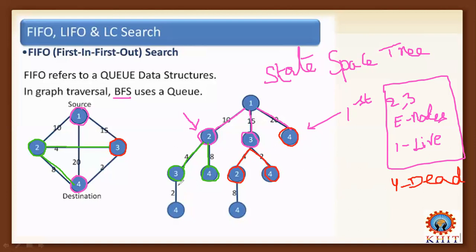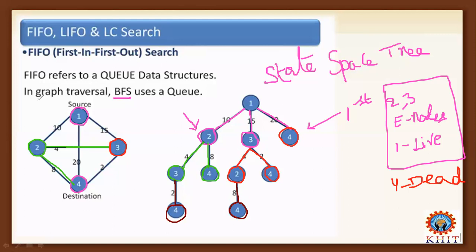Okay, and next, if I consider node 3, what are the possible moves? Node 3 to node 2 is not possible. That is called backtracking. So always we try to move to node 4 only, the destination node. There is a direct path from node 3 to node 4, hence consider this path 3 to 4. And if you consider node 2, there is a direct path from node 2 to node 4, that is called the answer node. You will get one more path.